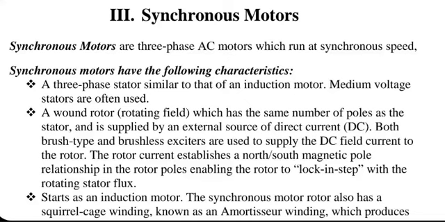By the time the rotor tries to move because of its flux behavior, the polarity of north and south pole produced by the stator flux has changed, because that is changing very fast. So now the rotor tries to move in the opposite direction. And by the time it tries to go in the opposite direction, the polarity of the stator flux has changed again. So the rotor now tries to move in the other direction. The ultimate result is that the rotor, because of its inertia, is unable to rotate. It is trying to catch up, but the stator flux is continuously changing polarity at a very high speed.